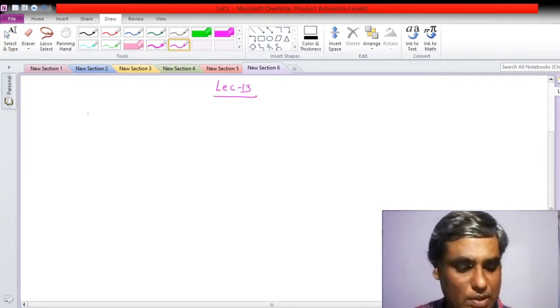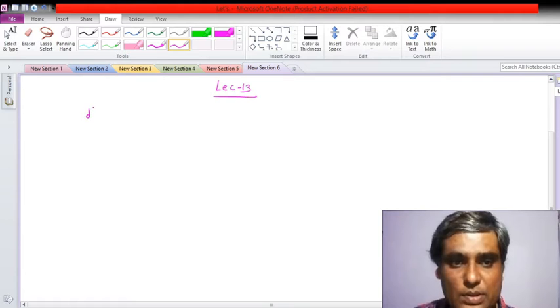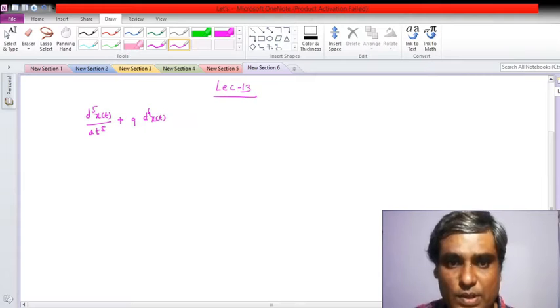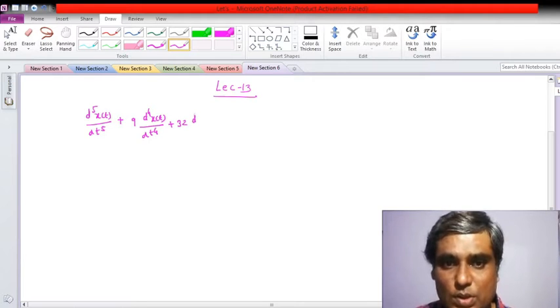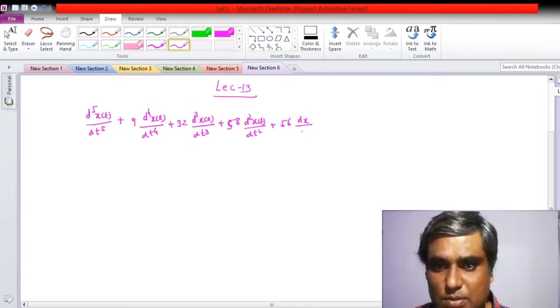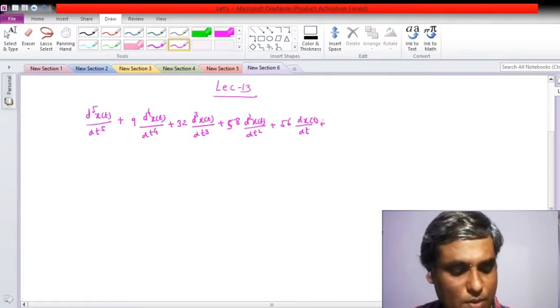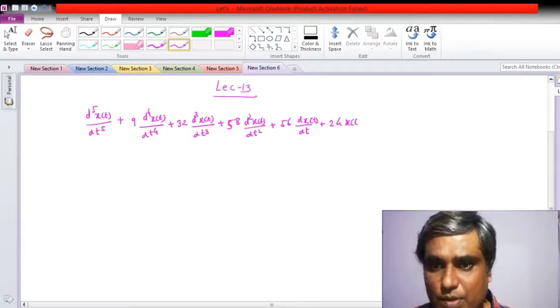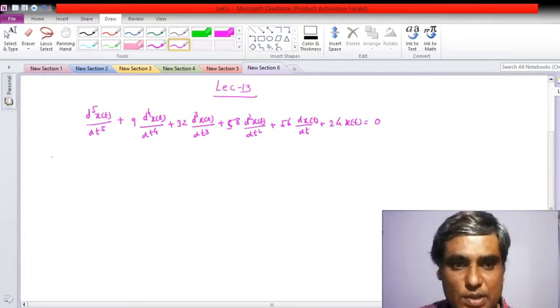So suppose let me write that d5 x of t upon dt raised to 5 plus 9 d4 x of t upon dt raised to 4, fourth order differentiation, plus 32 third order differentiation plus 58 second order differentiation, plus 56 dx by dt, plus 24 x of t, which is equal to 0, and initial conditions are given as